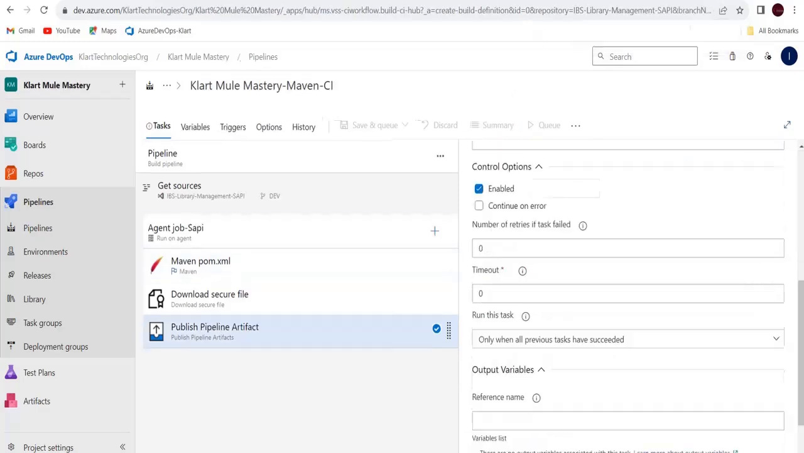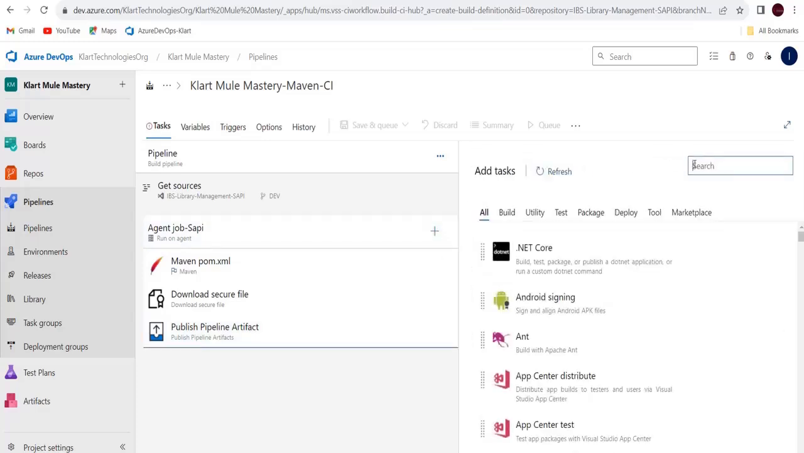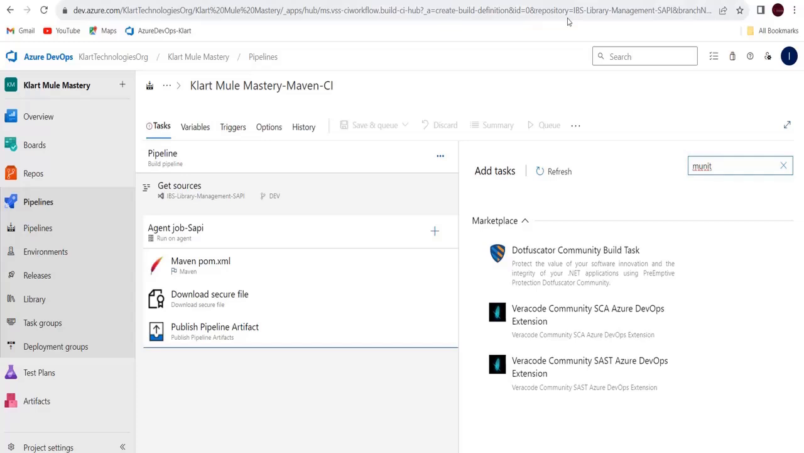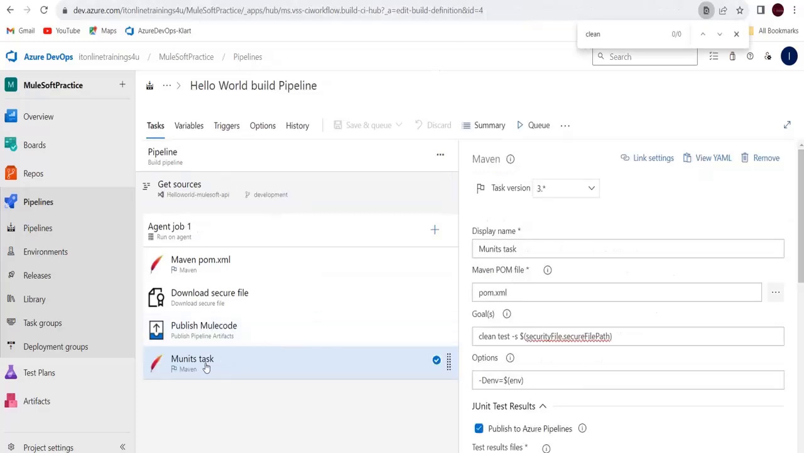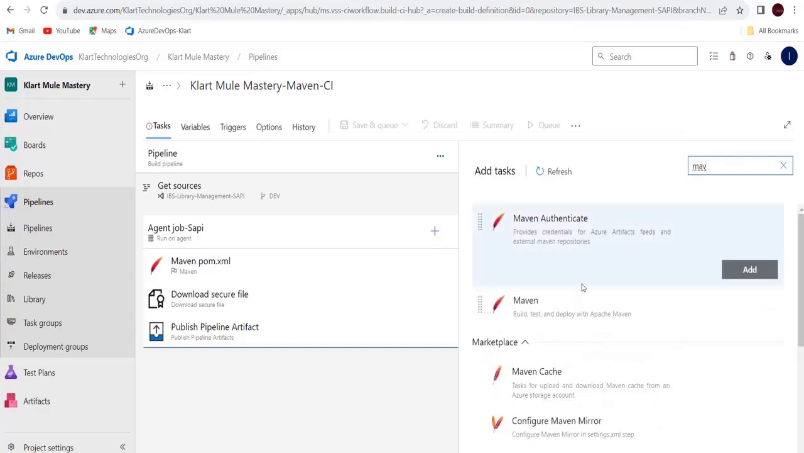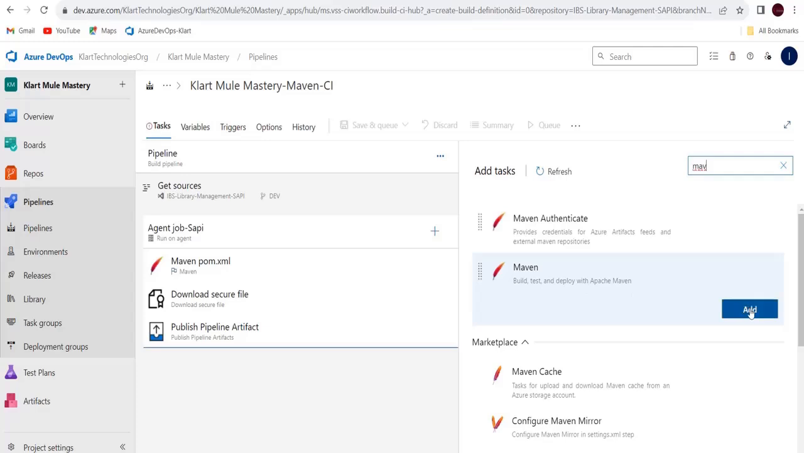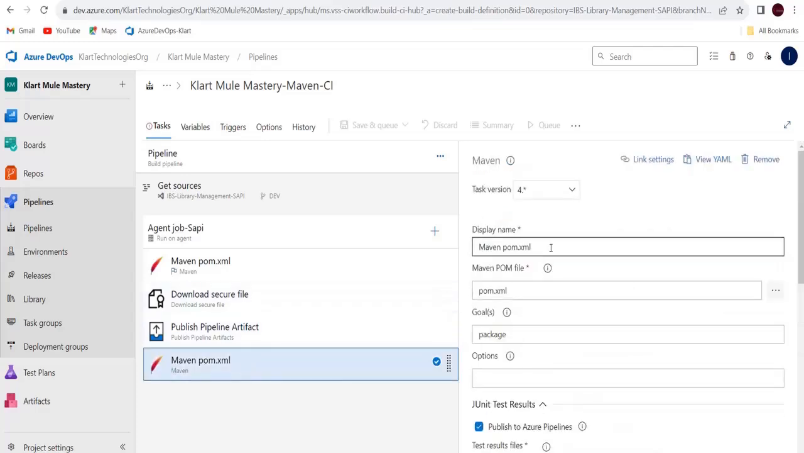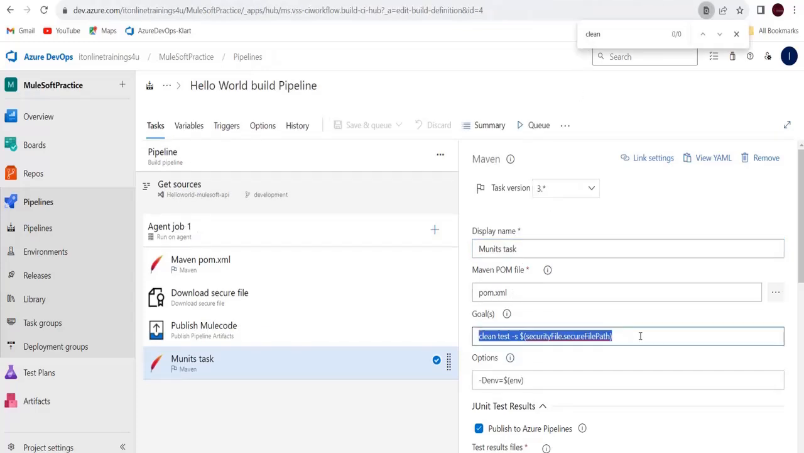So let's add a munit task. Here, for munit, it will show you something, or rather the task name would be Maven only again. Okay, so you can just select Maven. That name you can change for munit. For build, test, deploy, for all these things you can add a Maven step and select it. The display name you can give like munit task, and pom file, it is pom.xml only, and this goal you can just copy